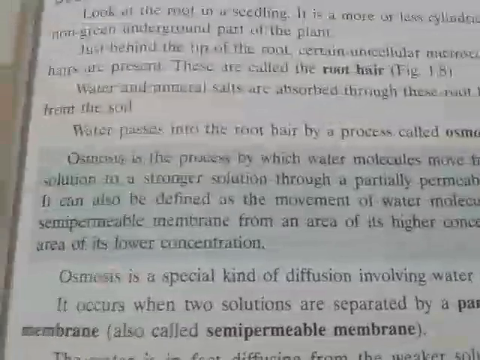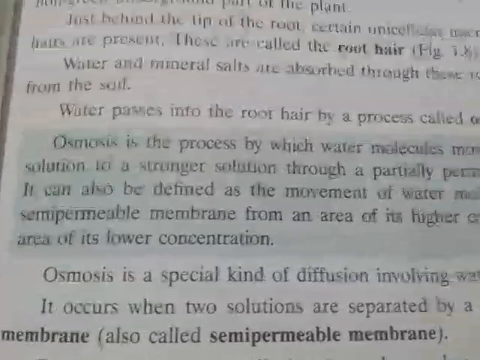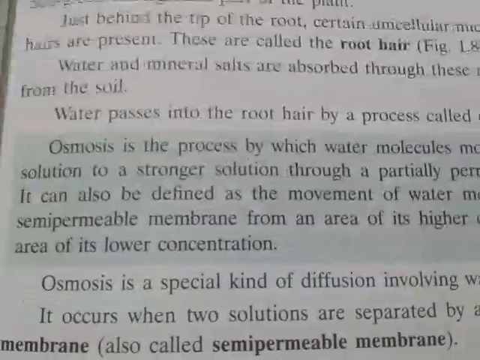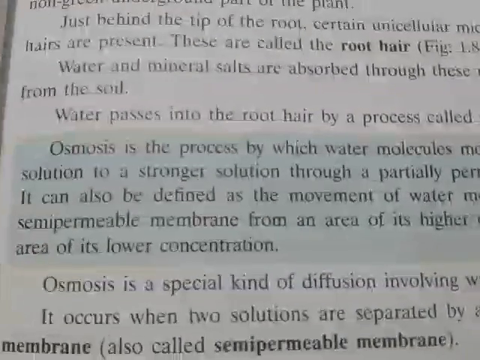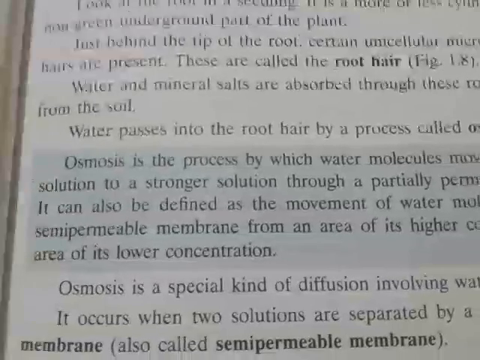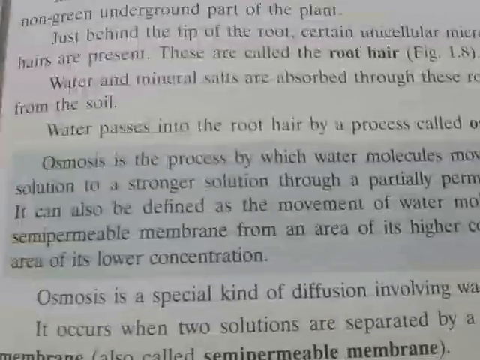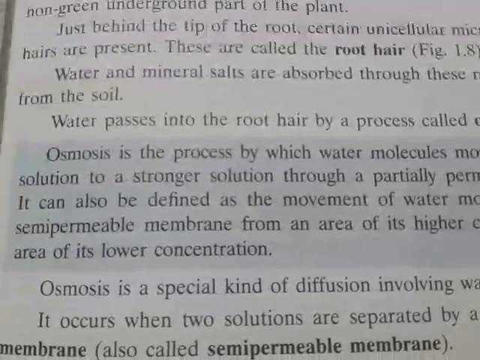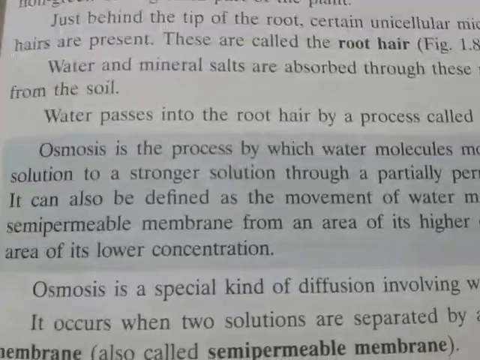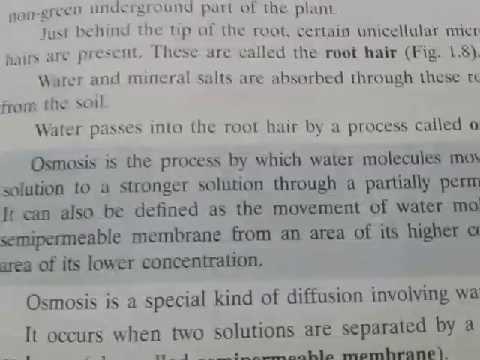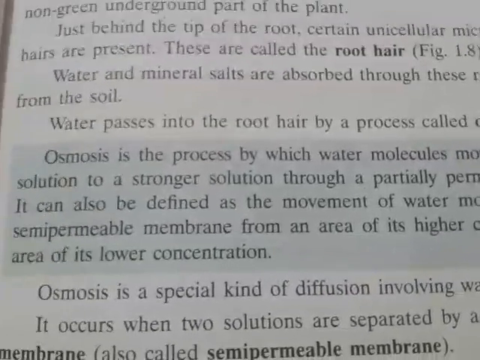But in the case of diffusion, it is the movement of molecules from the higher concentration to the lower concentration. That is the opposite. In the case of osmosis, there is another thing, a membrane, called the semi-permeable membrane. So what is a semi-permeable membrane? See students, semi-permeable means selectively permeable membrane. That means it permits only selective material through it. Like raisins: suppose you put raisins in water, and one fine morning you will see that the water has been absorbed into the raisins through their skins. So the skin of the raisins acts as a semi-permeable membrane.